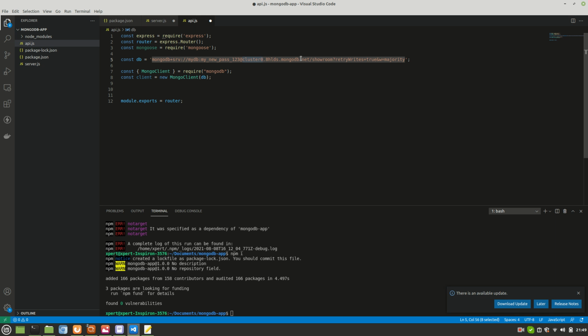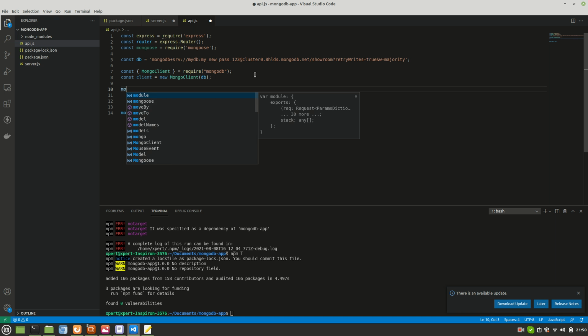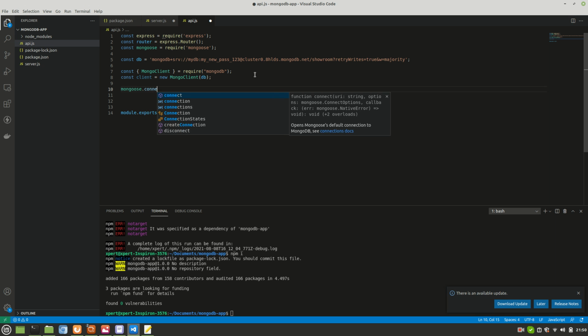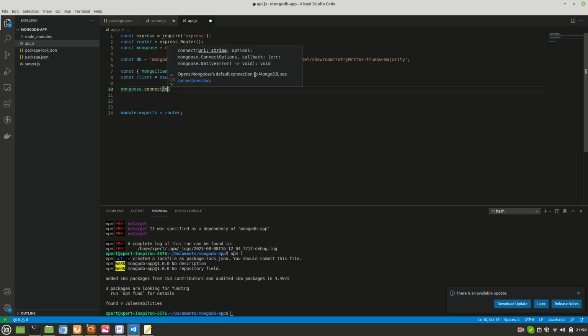So this being said, let's now start the coding. After importing all the necessary things, what we'll do is, one thing JSON web token is not required. I'll just use the connect method of mongoose. Okay, then the connection string.